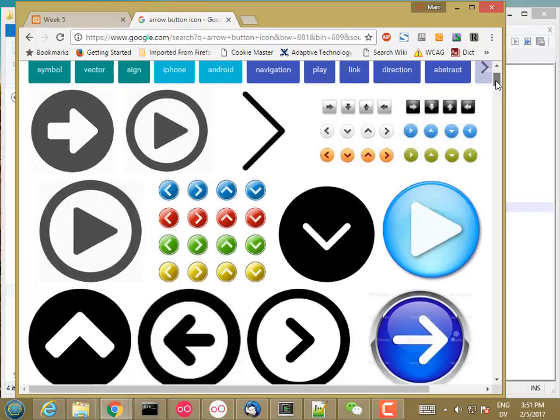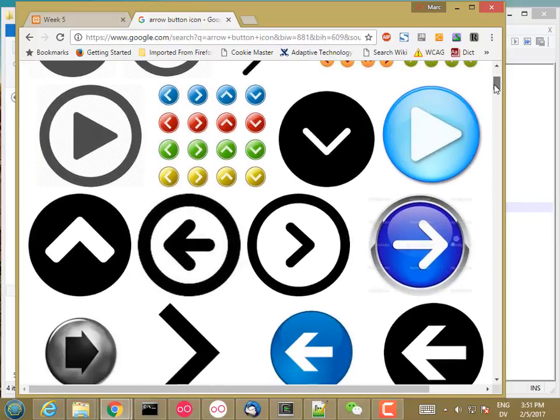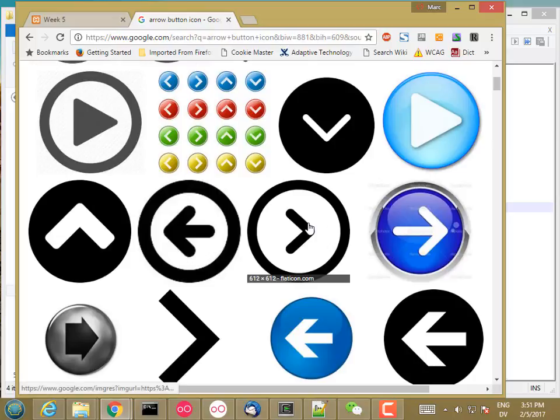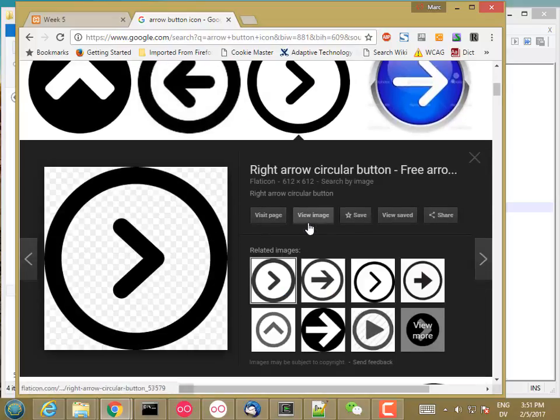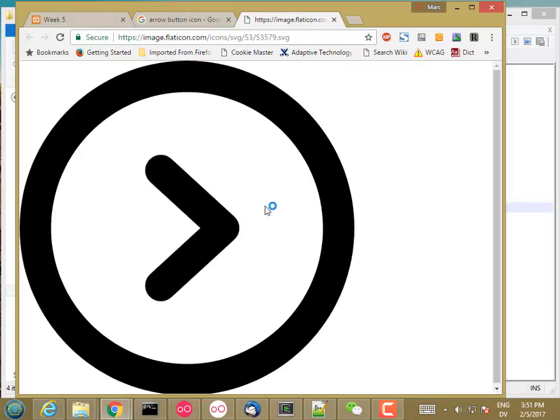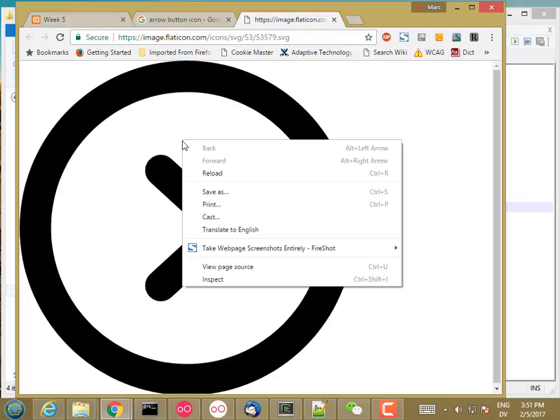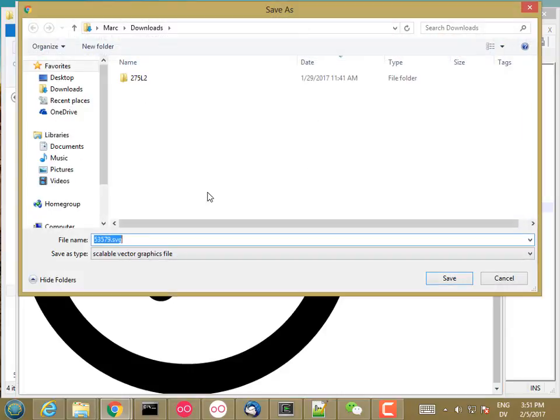And then I'm just going to find something that looks like it would be good to flick through images. I guess this is fine. So I'm going to go ahead and view image. That's really big. It's an SVG, so it scales. I think that's okay. So I'm going to go ahead and save that as,